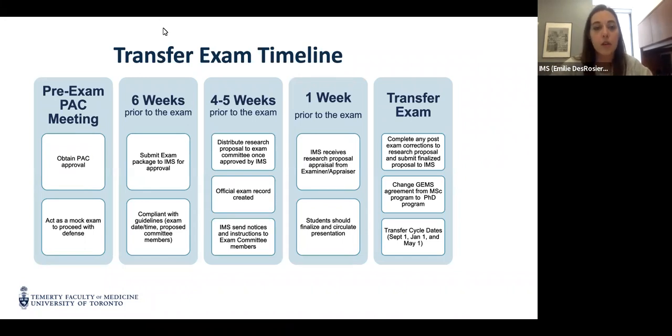Post-transfer exam, similar to the MSc, if there are any corrections prescribed by your exam committee, those should be completed. And confirmation of corrections from your supervisor is also required. After that, I'll be sending a transfer exam form for the students to complete. And once you see the change reflected in Acorn, you also need to have that change reflected in your program of study on GEMS. So you need to switch from your MSc program to the PhD program